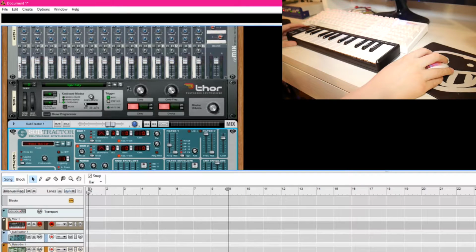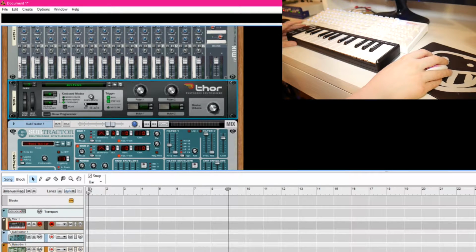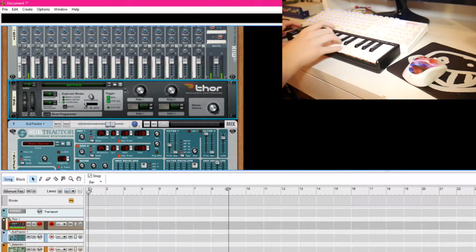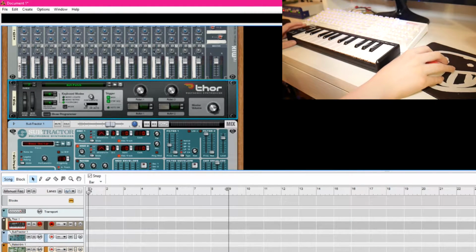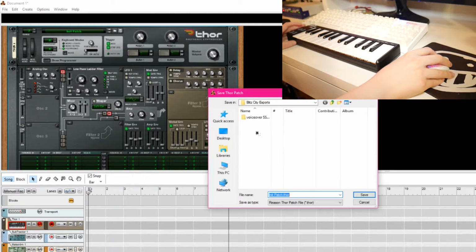And then the last thing, you right click. It used to be called initialize device. It's called reset device now. Now you have a blank patch. And so what that means is you can choose all the filters and the signal chain and everything to create your own sound. And when you have one you like, you hit here, save patch, and it'll let you, oh